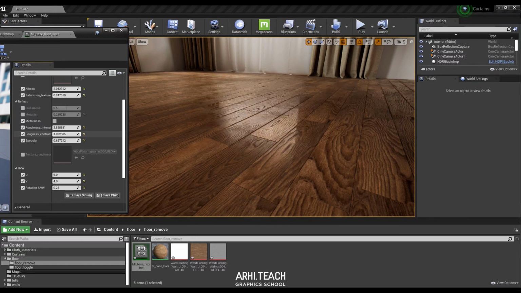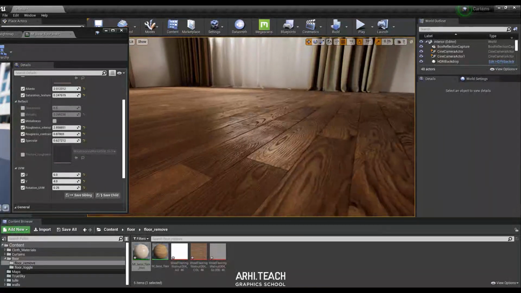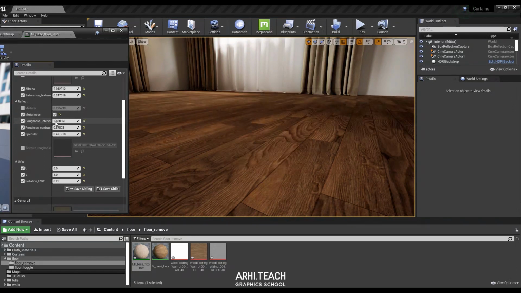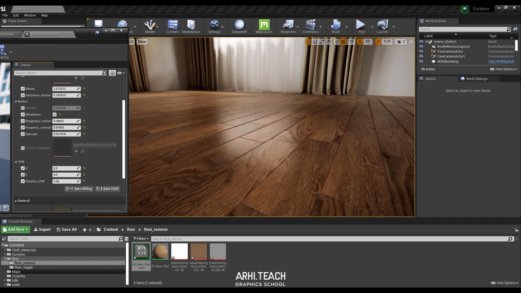When you increase or decrease the contrast here, the streaks start to disappear or conversely appear. Specular is the power of reflections, and now I can turn on metalness. At the same time, glossiness will now disappear. It's gone, right? And now we will set the parameters in such a way so that we have an effect.